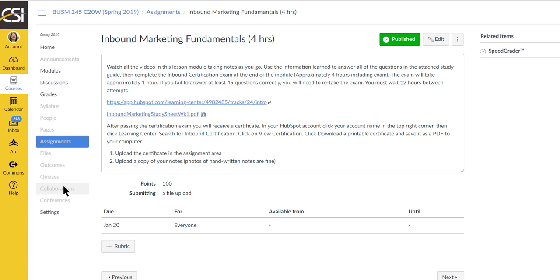Take notes as you go, and that way when you're ready to take the quiz at the end, you'll be able to get 45 questions. If you don't get 45 questions correct, you need to take it again until you do, and then you'll post your certificate here along with a copy of the notes that you took along the way.